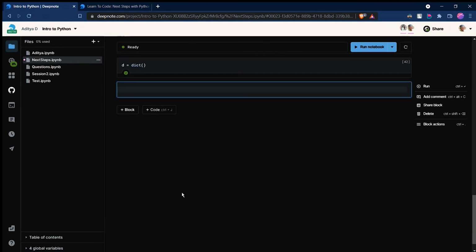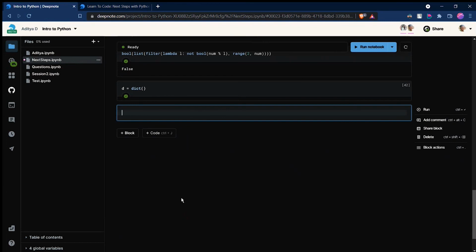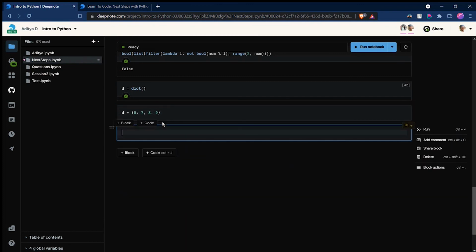You had the 0 indexing. In dictionaries, the indexing would be somewhat different. When you are creating a dictionary, you can either just make it an empty dictionary, or I'll just point 5 to 7, 8 to 9. So this will be my dictionary.